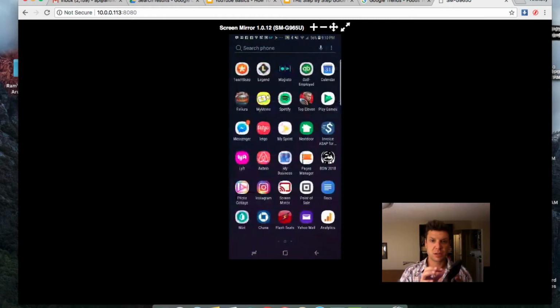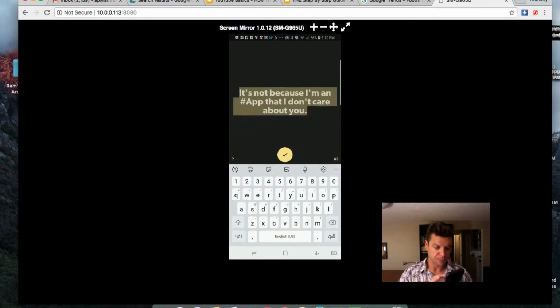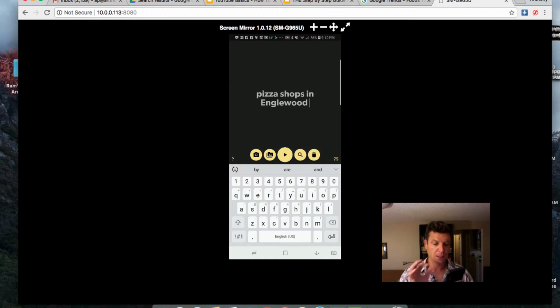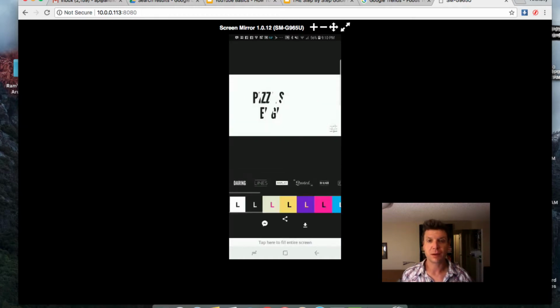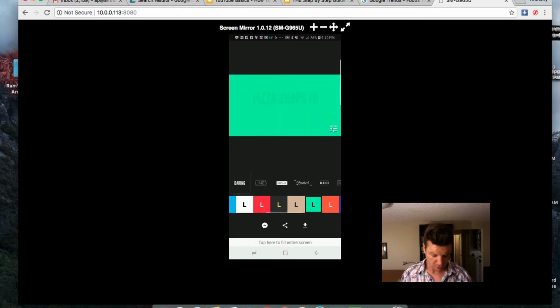Great. Okay, so over here at the Legend app, which is on the upper left hand side, I'm going to type pizza shops in Englewood and go. So I press the play button there in the middle, and Englewood's kind of got this green and black brand, so I'm going to choose the green and black color,